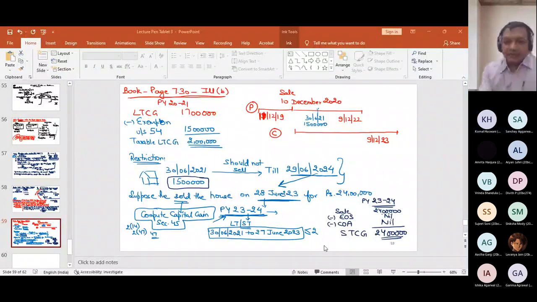Sir, yes. If they sell this house but still follow the conditions of section 54, which is to say they go ahead and buy a new residential property within that time, they will again get back the exemption. But for that property purposes, out of 24 lakhs, right? Yeah, of course. That is another concept then. So then another question starts indirectly. All right, sir. Thank you.